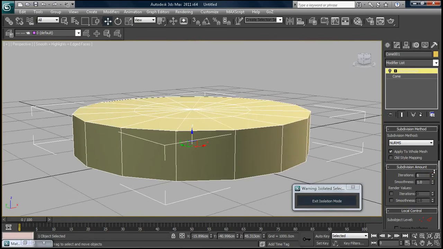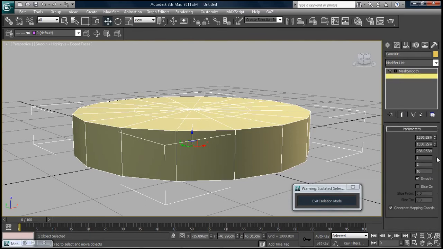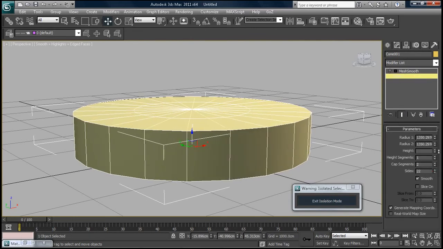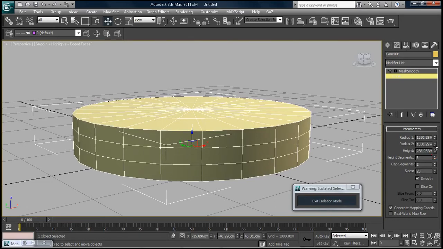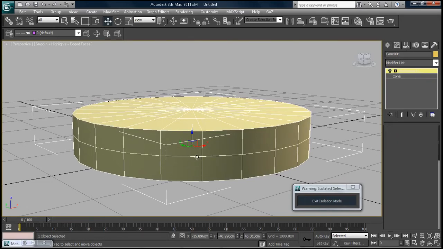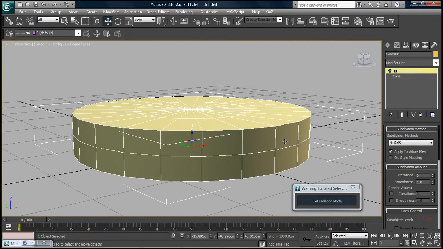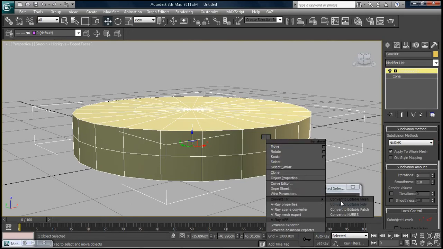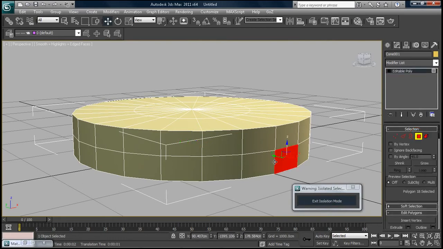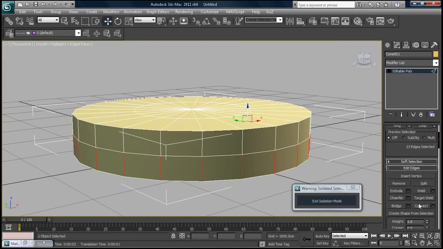What we'll do is we'll add in on the NURBS, on the cone, more sections for the corners, and we'll give it 1 section. Okay, and what I'll do is I'll convert that, right click, convert to editable poly. I'll select the bottom like this. There was a way to select all of them but I can't remember. So what you do is select the edges again, click on that, ring, then click on connect, move that down